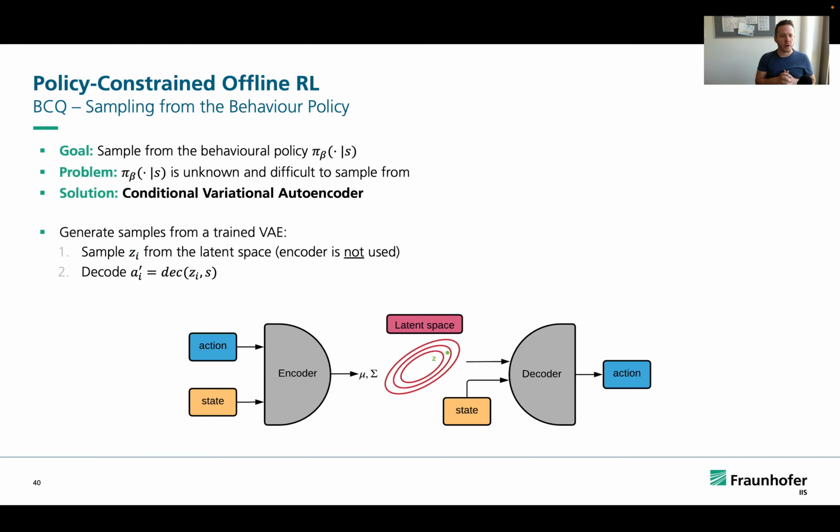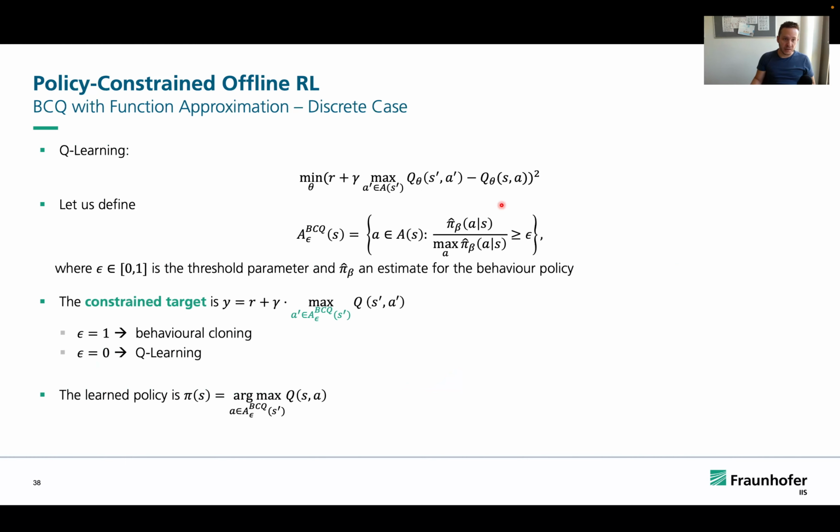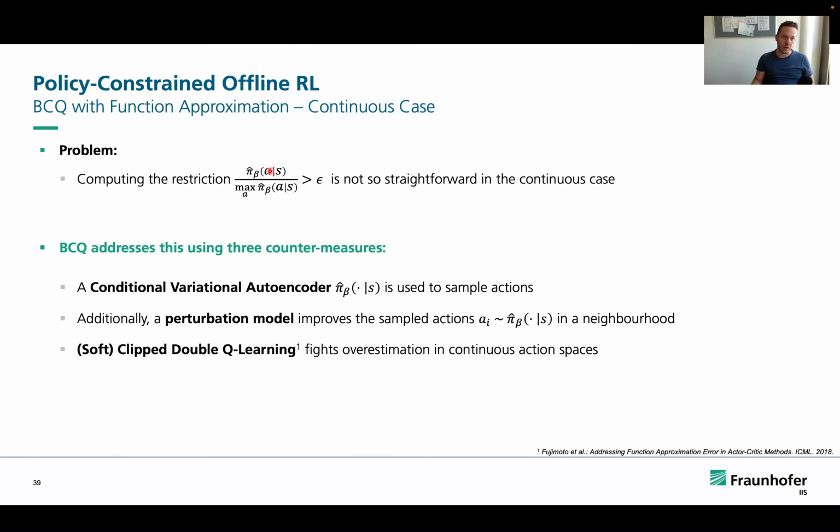So this is the first component, the CVAE. The goal of the CVAE is to sample from a behavioral policy. The idea is that we have the data set, and we train on this data set a conditional variational autoencoder, which exactly gives us pi beta of the action. Because both of these values are intractable to be computed